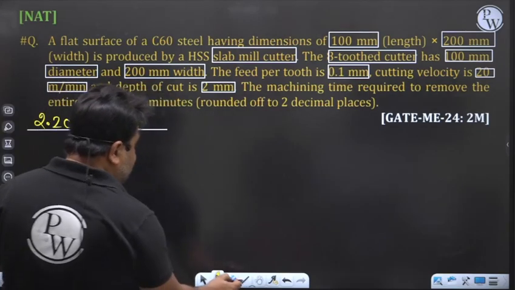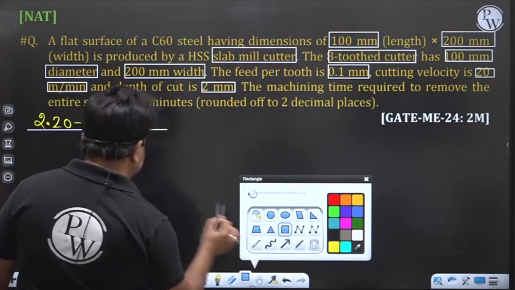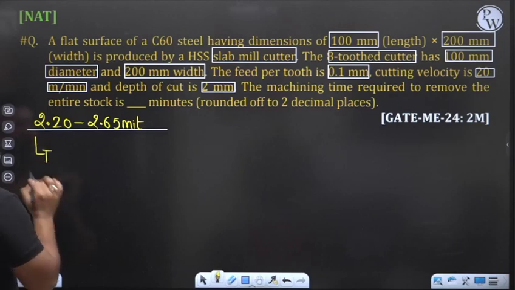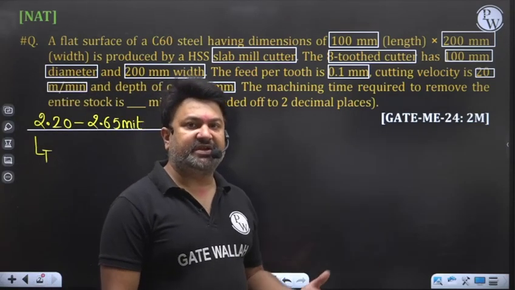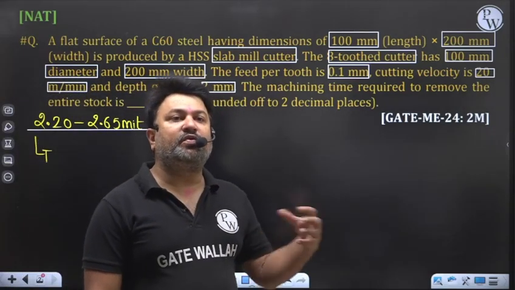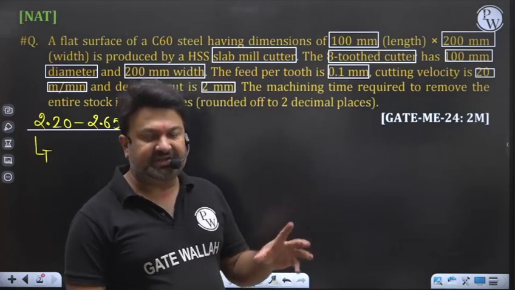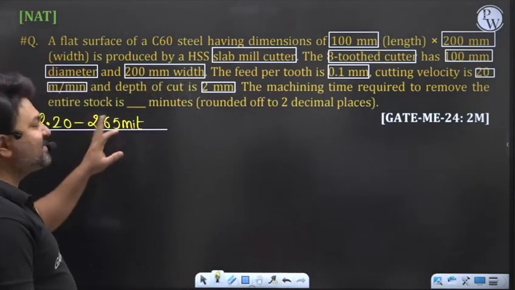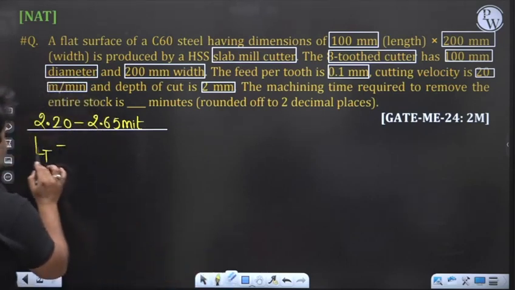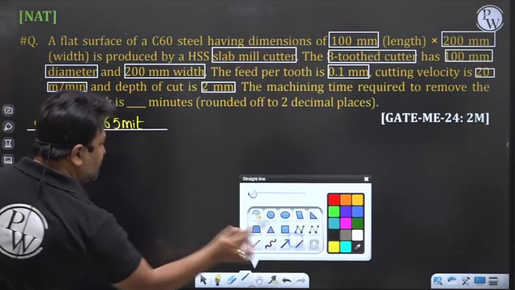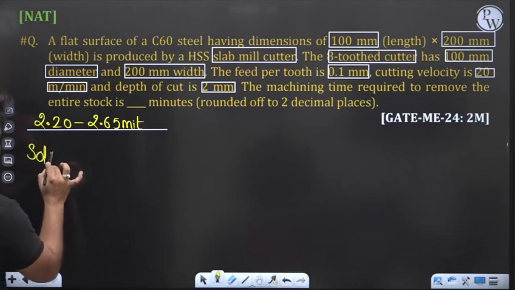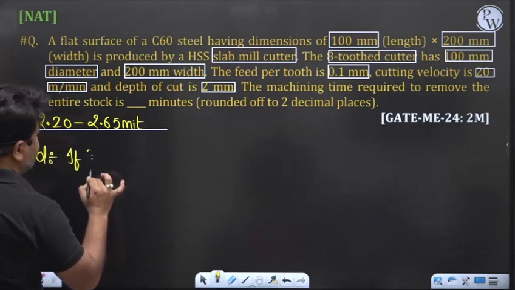Here, it is not mentioned whether it is rough machining or not. The answer will come in two ways, whether you do rough machining or finishing, and the answer will come within this range. Let me prove the total length of machining. Let me give you the two answers. First, if finishing,